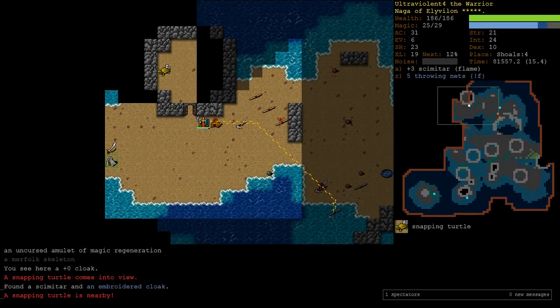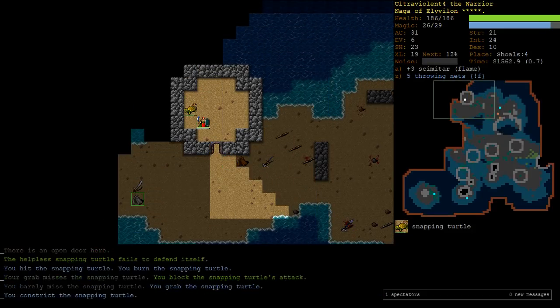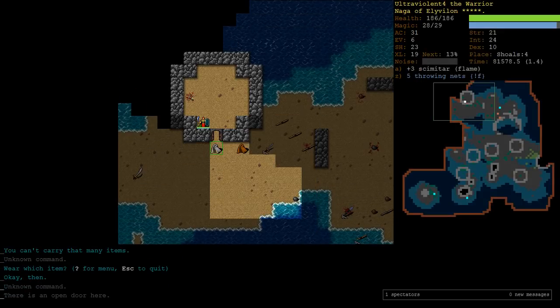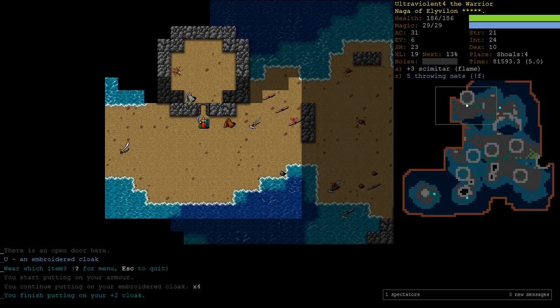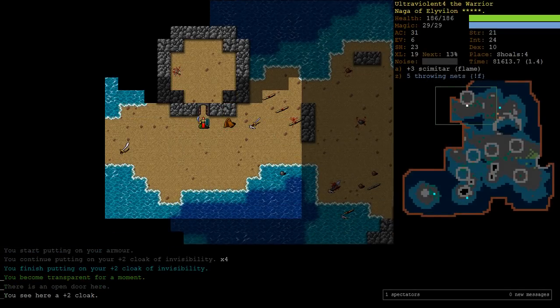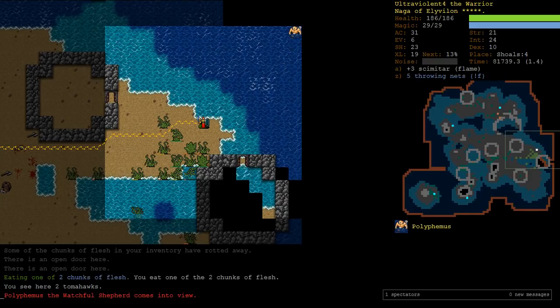And we could leave here, but maybe we're gonna find some magical cloaks and the like. What have we currently got? +2 Cloak of Invis. Good, but not amazing. Better than a plain cloak though. Right. That's a plain scimitar. I gotta remember that. Ah, that's Plephamus. I knew he was around because we saw...